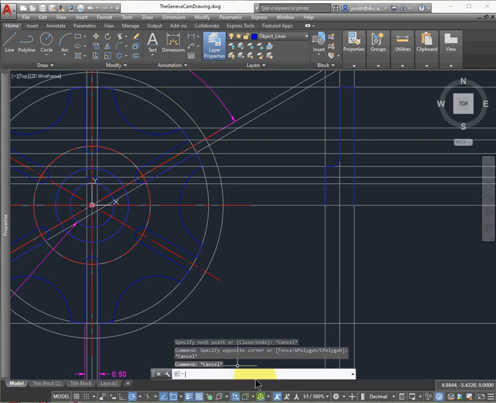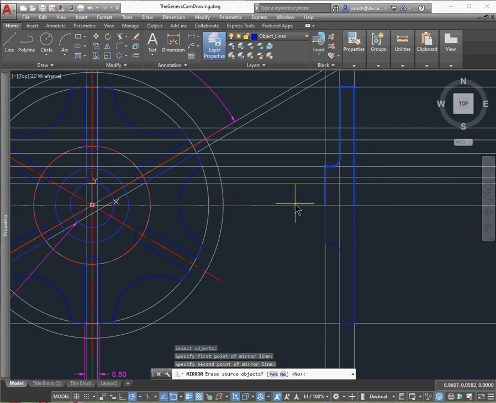And then I'll select those object lines there, push enter, select the midpoint, drag it to the left. I certainly don't want to delete it, so no, which is the default. All right, and then